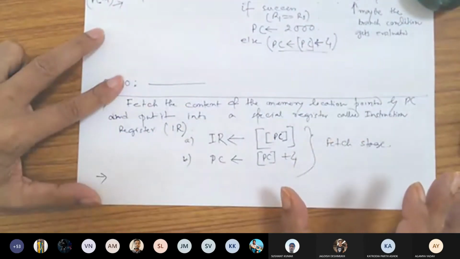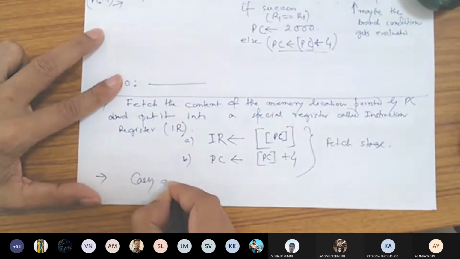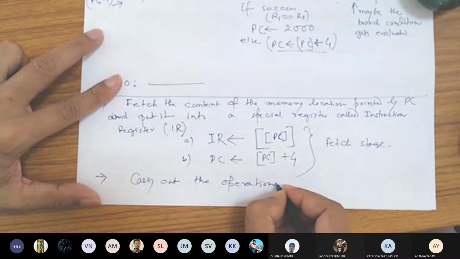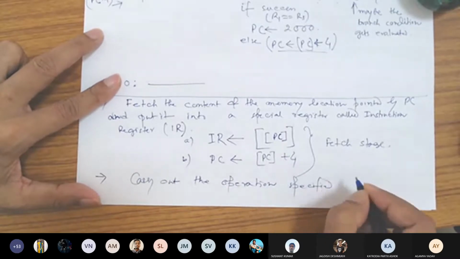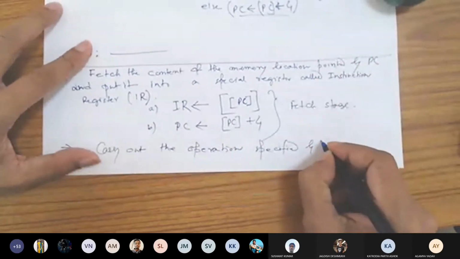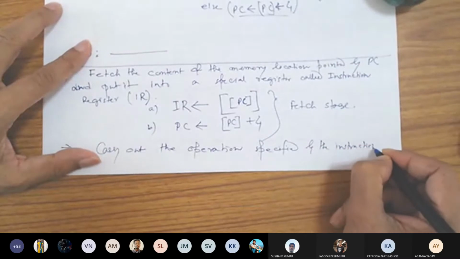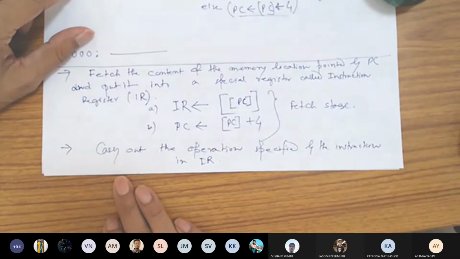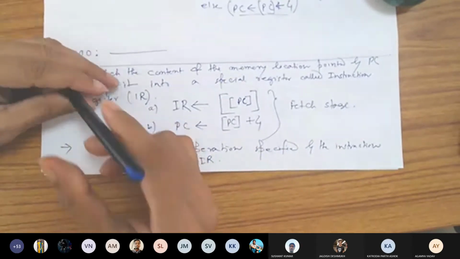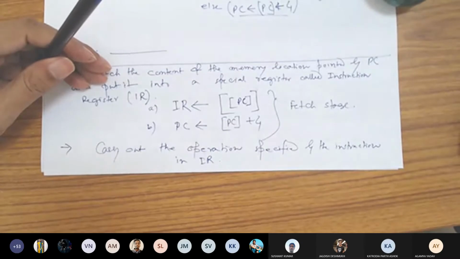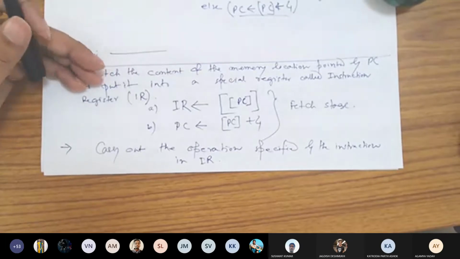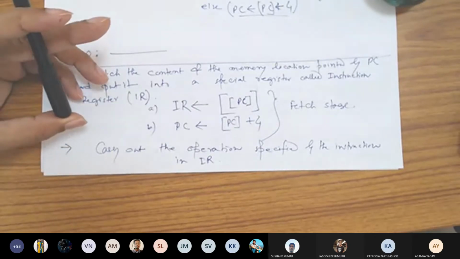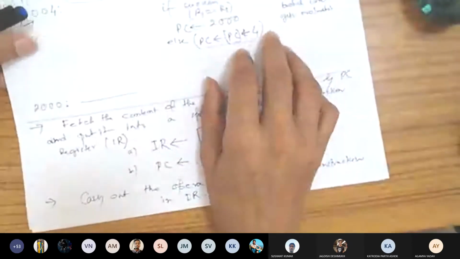So I will just summarize it in a single line: carry out the operation specified by the instruction in IR. Is that clear?